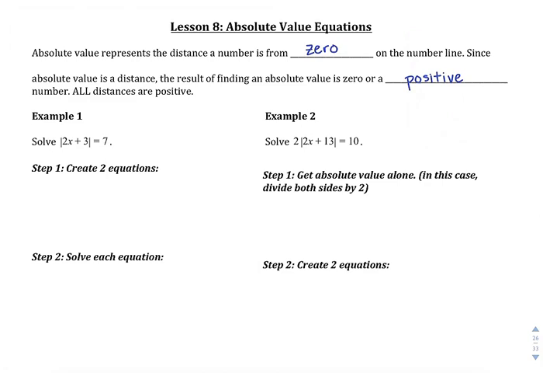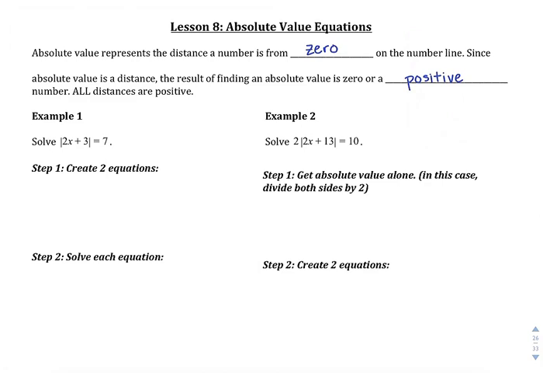So because the number inside there could be positive or negative, but it always equals a positive, you're always going to have 2 solutions unless it equals 0. So when we're solving these,